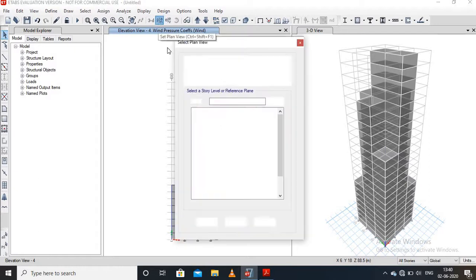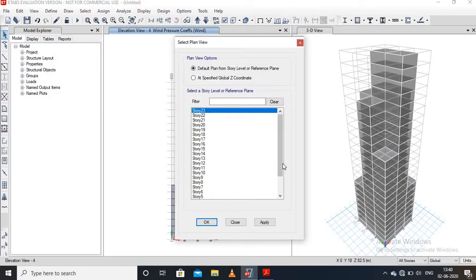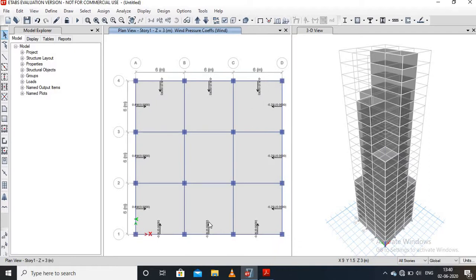Go to the plan view option, go to story number 1. Therefore we can see in the display that a wind load is applied in a different direction. The direction of the wind load is also shown in the display in all stories.